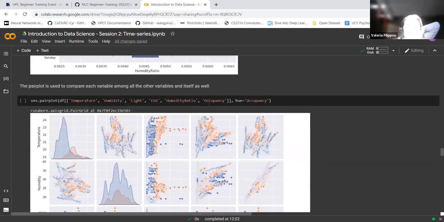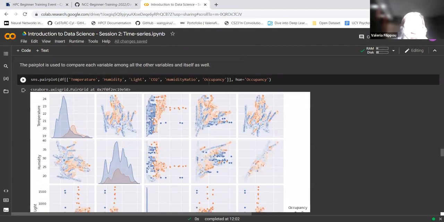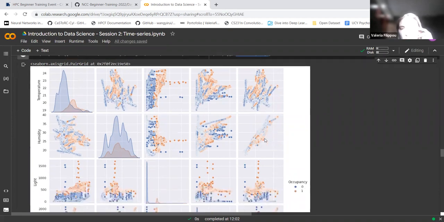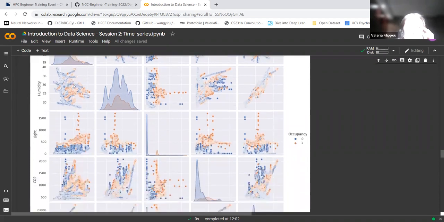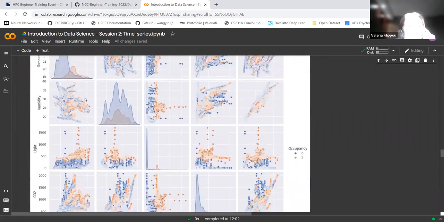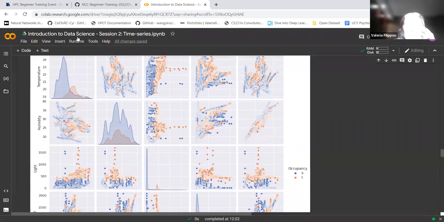And as a last plot, you see the pair plot, and basically here we select again which columns we would like to plot, and again here I used hue as occupancy. The diagonal plots are the temperature with itself. It's similar to a hist plot, but instead of the temperature as a whole, it is the histogram